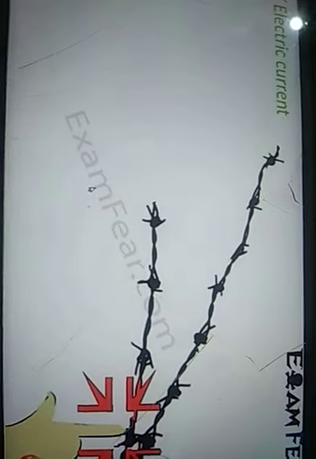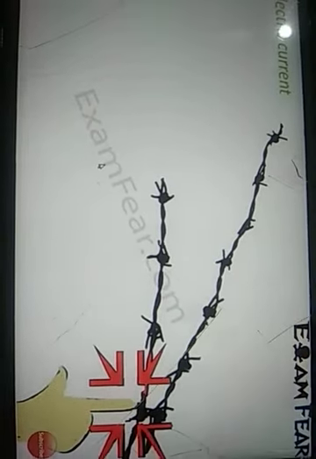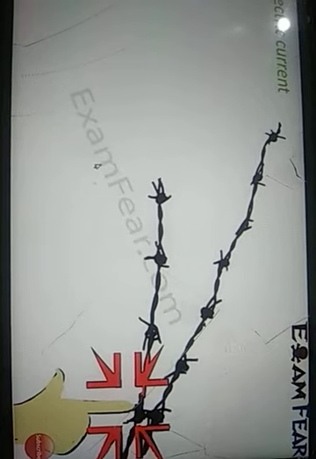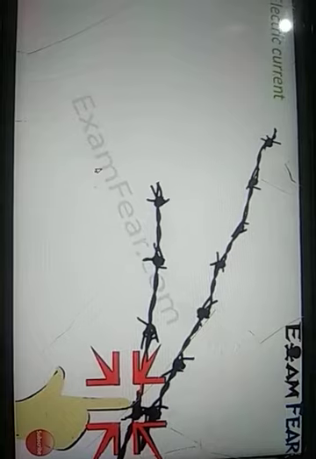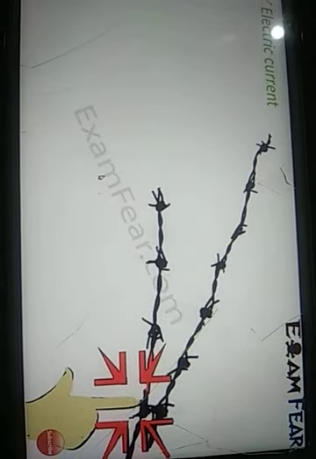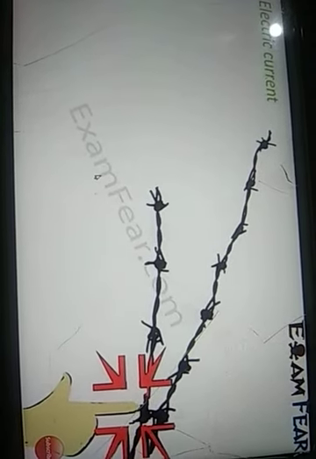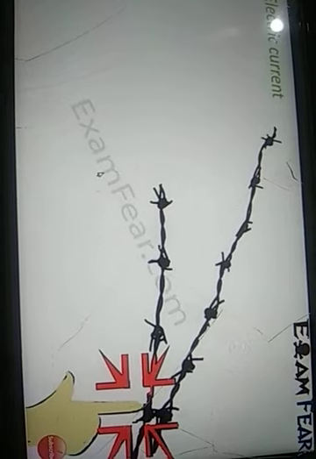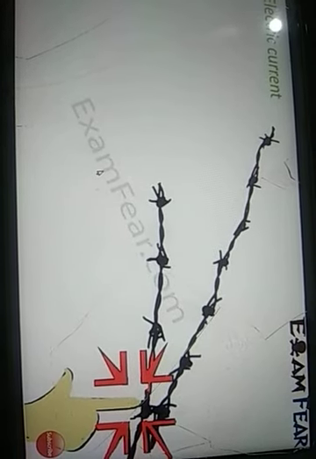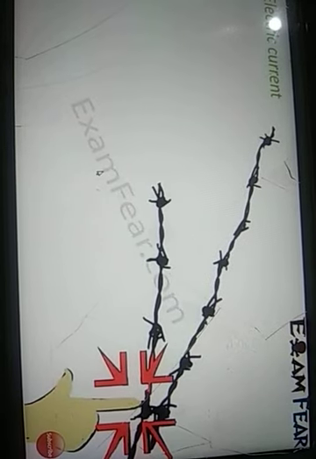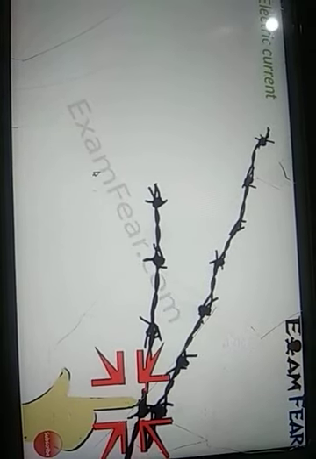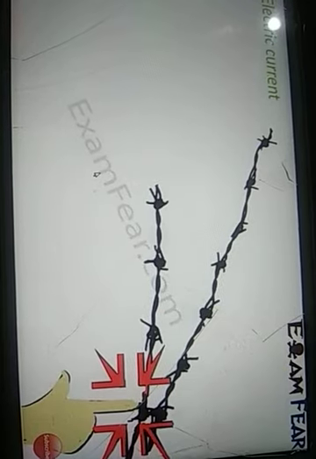So now let's look at a very common scenario. What would happen if by mistake you touch a wire which is naked and carrying a current, and the wire is not covered, not coated with some other material? Now what can happen if you try to touch it? It can be extremely dangerous. Obviously you experience electric shock, and sometimes it can be so severe that it is very dangerous.